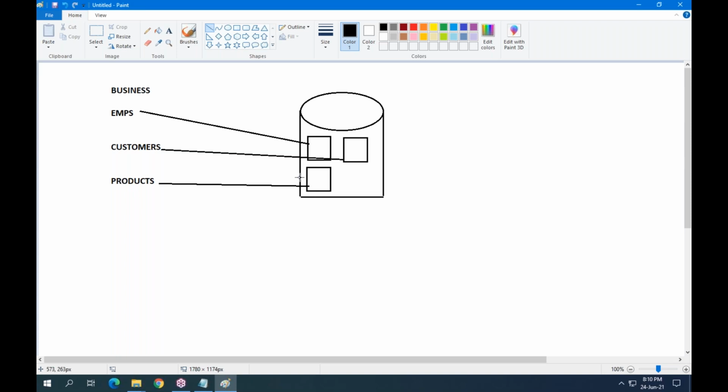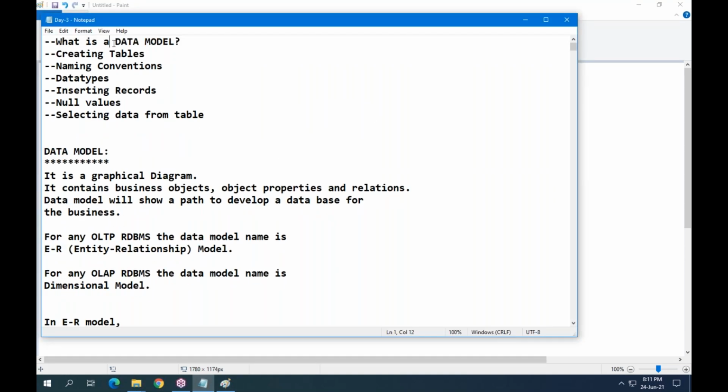Now, how do we create a table? Before creating a table, shall we do anything? Yes. A simple example: before construction of a building, we need a plan, a construction plan or structure of the building. Similarly, before defining a database, we need a data model. Based on the data model, we can start the development of the database.